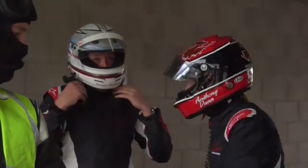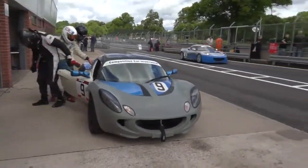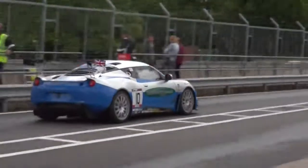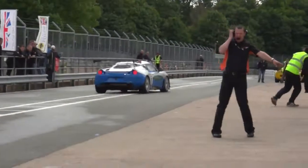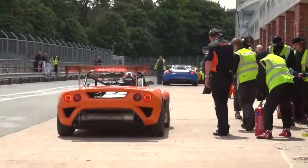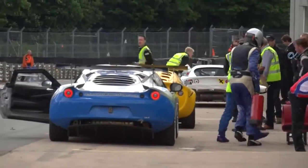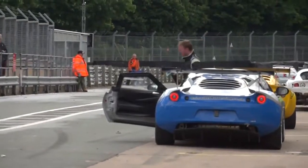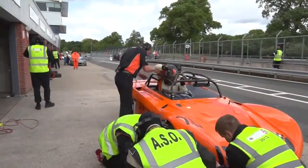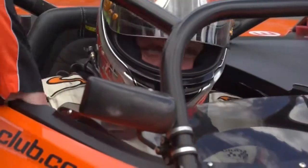The first of the cars in then is the Ratcliffe and Dunn car. Anthony Dunn proffering a little bit of advice. Andrew Bentley also in to hand over to Adrian Lester. Marcus Jewell takes the opportunity to peel in as well. Gives the trackclub.com team a chance to inspect the damage. As the Evora is topped up, Andrew Bentley rehydrates and goes to pass some advice on to Adrian Lester. As Marcus Jewell gets strapped back into the cockpit